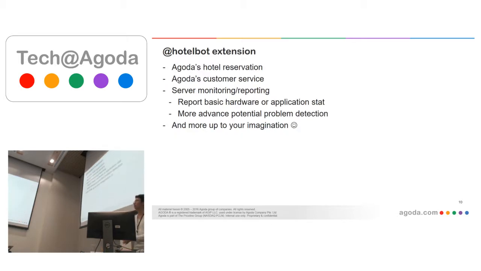And this is just the starting point, the beginning of the bot. I think we can extend it in a lot of ways. We can make a bot that interacts with the customer, like, okay, I want some hotels. Maybe I can connect with more than Slack, so I made a bot connect to the Facebook messaging platform. So you can do something like, okay, find me a hotel in Bangkok that is 2,000 baht or less. I think it's a very cool thing.